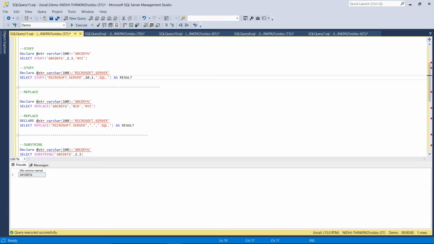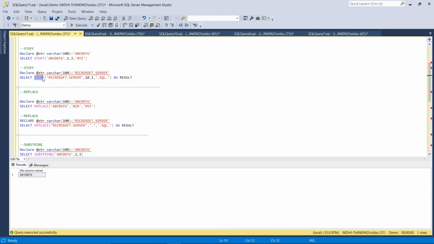Another example for STUFF: I have a string of varchar type, and Microsoft.server is stored in that string. I want the result like Microsoft.SQL.server. Like I want to add .SQL in between Microsoft.server. So how can I do it using the STUFF function?